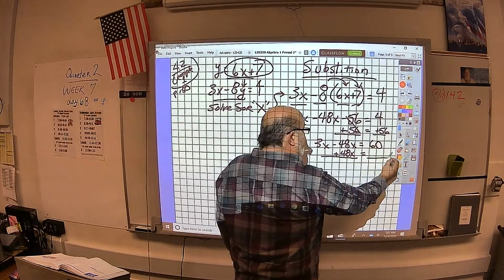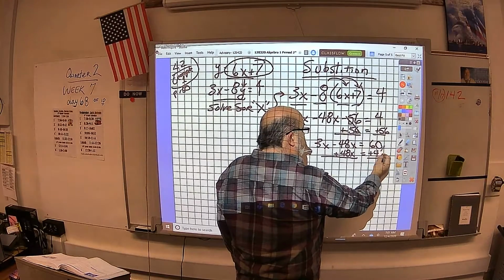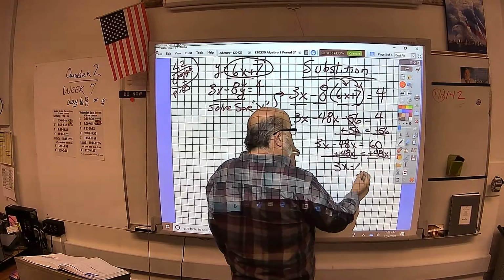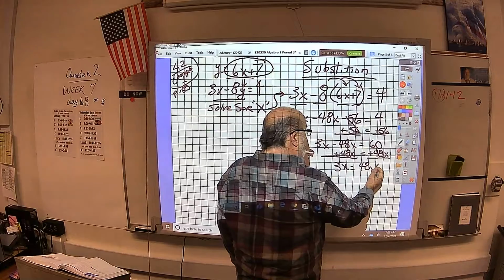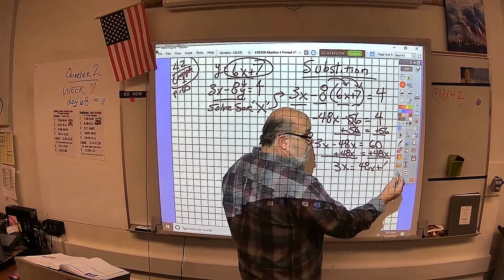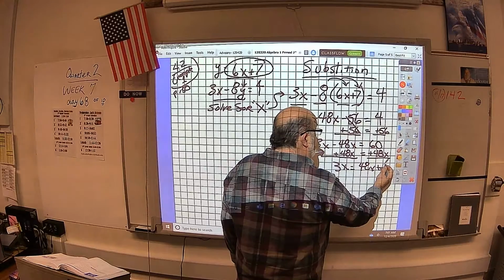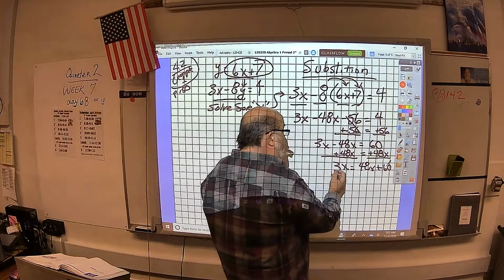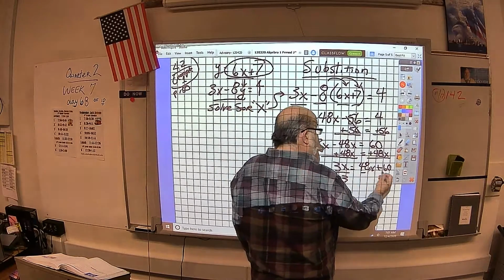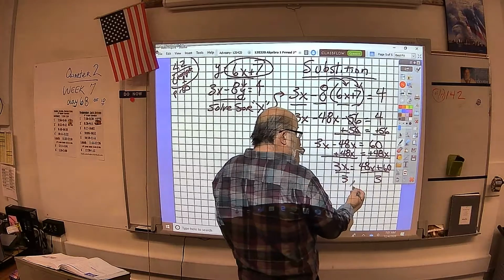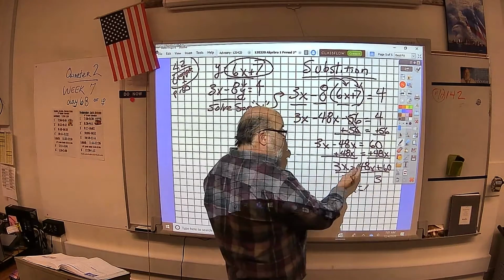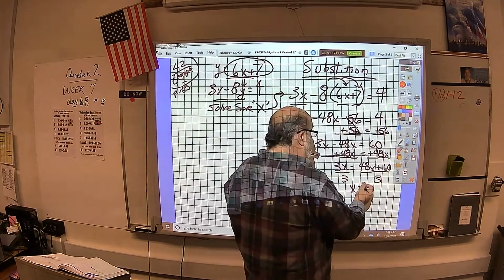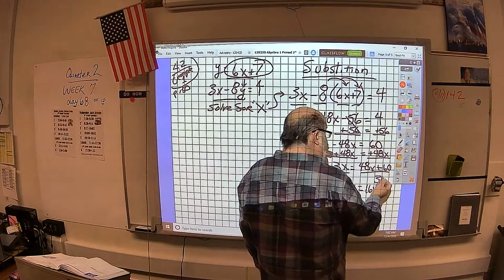Because I want to show you that you can't really get in trouble if you use the rules. So now I have 3x equals 48x plus 60. That looks easier to work with. Because now I know I'm going to divide both sides by 3, right? Divide both sides by 3. And we get x equals 48 divided by 3, 16, right? 16 plus 16 plus 16, 16x. 60 divided by 3